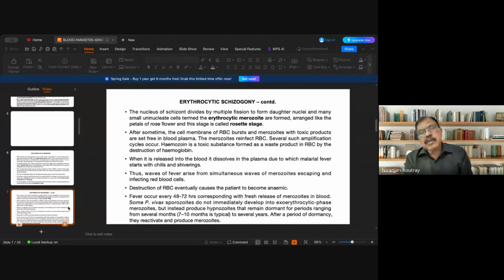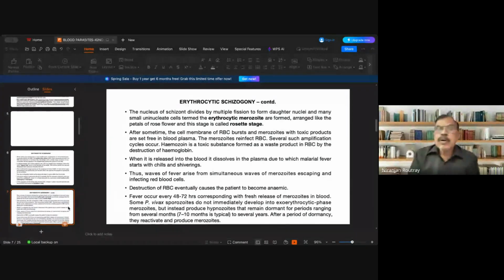After that, the temperature will rise up to 103, and then suddenly, as the hemozoin granules are cleared from the bloodstream, the temperature will fall down until the next round of erythrocytic schizogony results in the liberation of hemozoin. So this continues in a phase-wise manner, and that implies the tertian and quartan types of malaria, which deal with the recurrence of fever in these species.